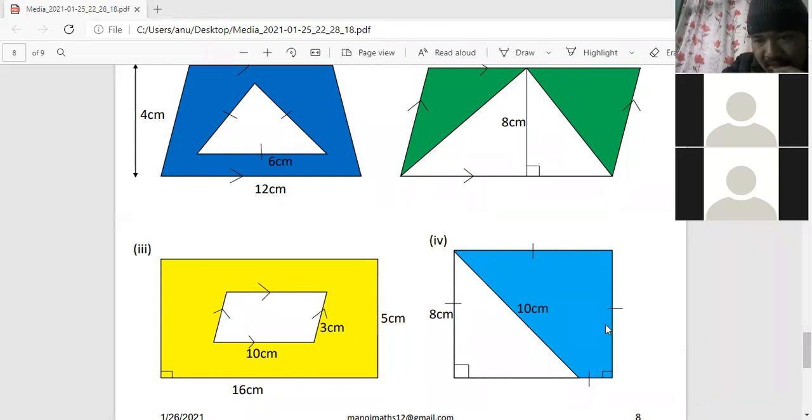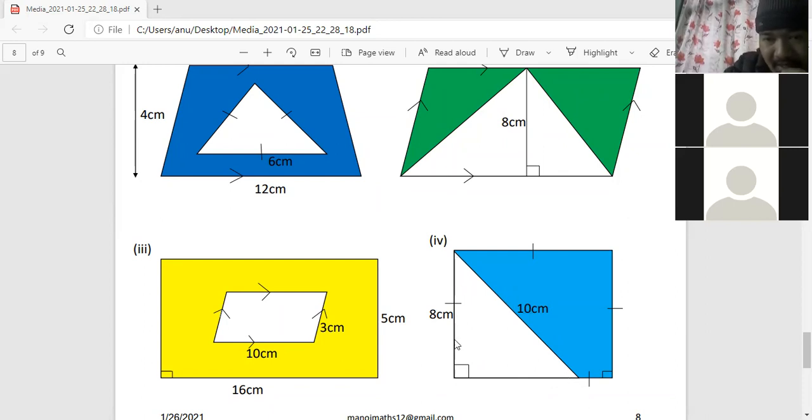This last question, the square first. The area of the square you can easily find out, that is A1, that is L square. L square means 8 centimeter whole square, which is 64 centimeter square. Then I told you to find the base of this triangle, not the sided one. How to find the base? Base equals square root of h square minus p square. That means 10 square minus 8 square, with the square root also. 100 minus 64 will come 36, and the square root of 36 is 6. So its base will come 6.